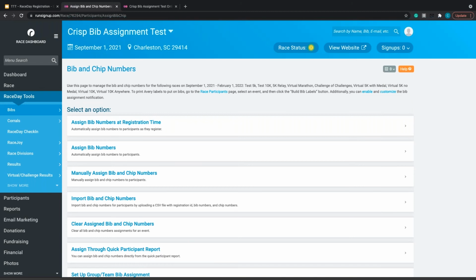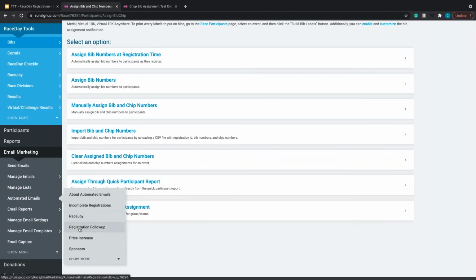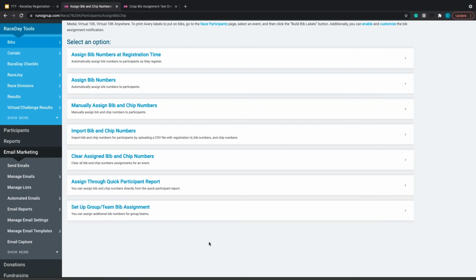And then I think Leslie asked, can the platform send out reminder emails one day away? Yes. So again, under email marketing, you can do automated emails, and you can do registration price increase or whatever you want to do, and you can set those to specific dates, not just when price is about to go up. So you can send out reminder emails about registration